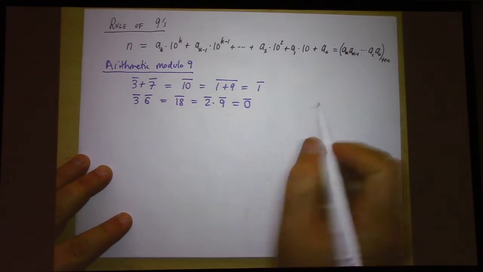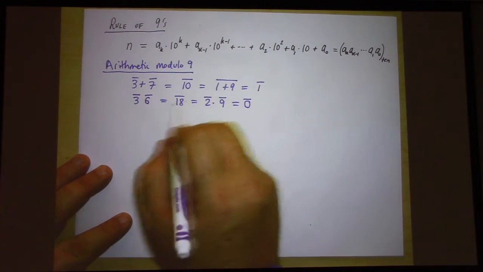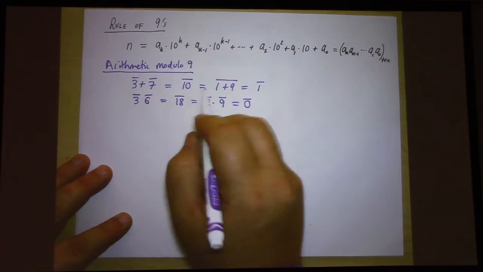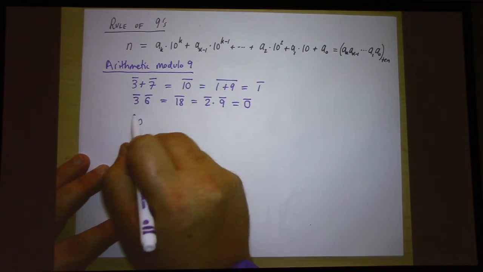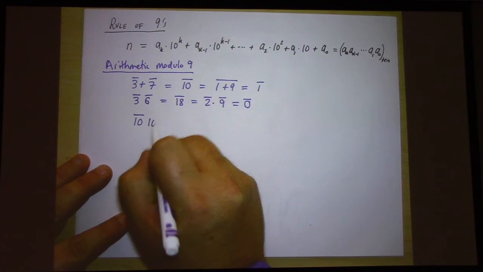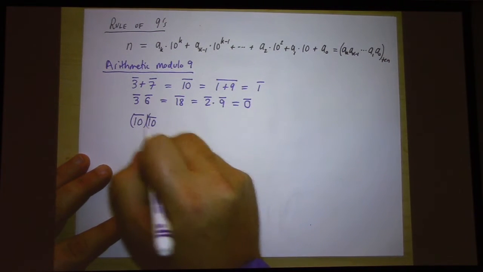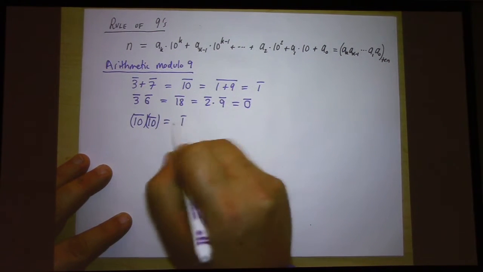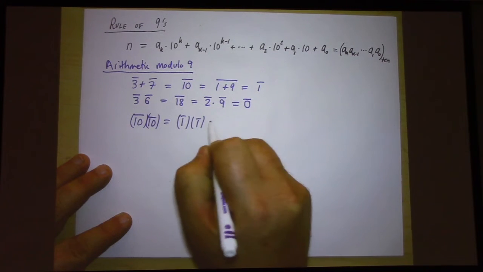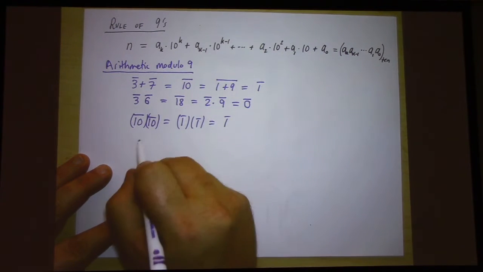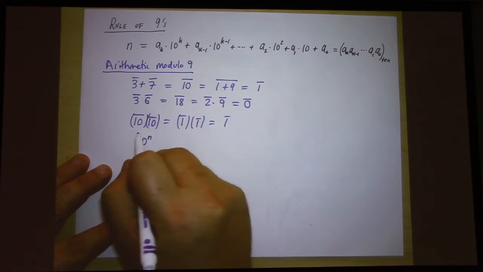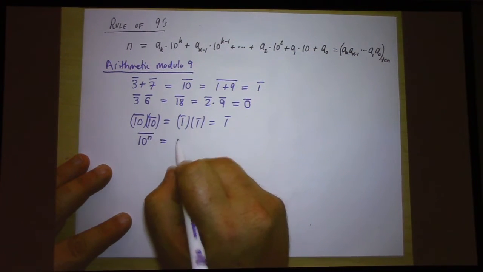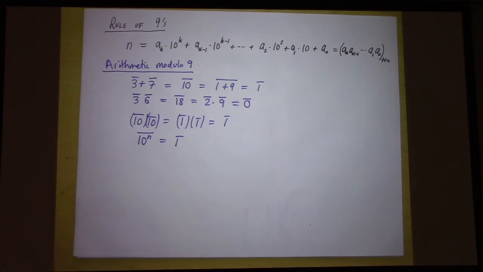Just another example here. So what I said, 10 is equal to 1. What's 10 bar squared equal to? 10 times 10, mod 9, is what? That's 1 times 1, which is 1. In fact, 10 to any power, check this out, 10 to any power is equal to 1, mod 9. All right? So what that means